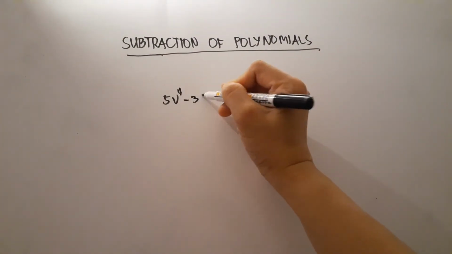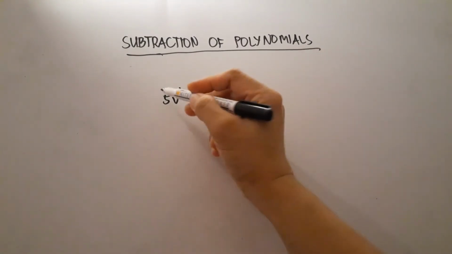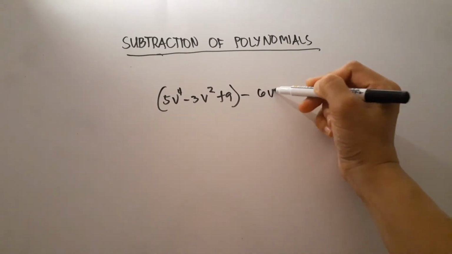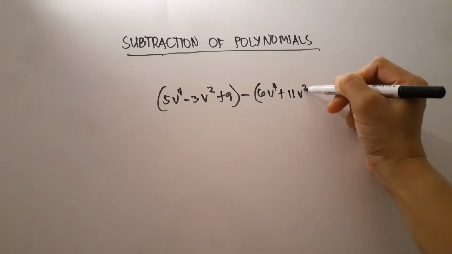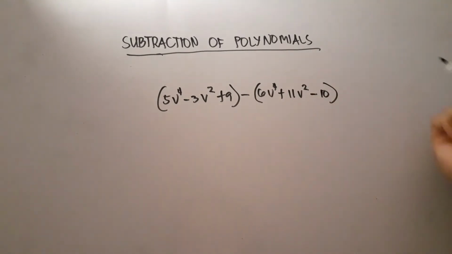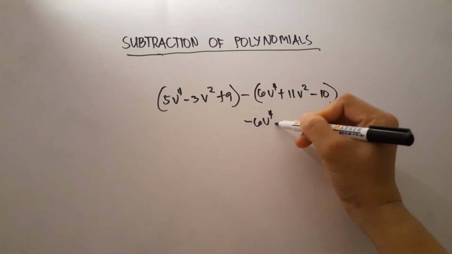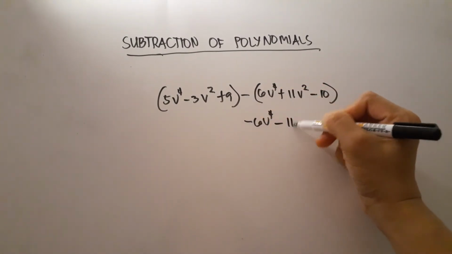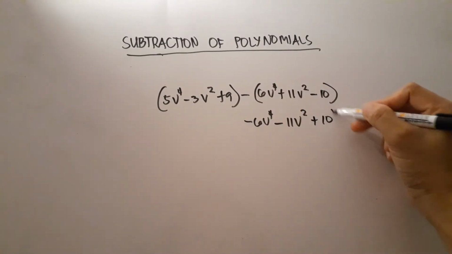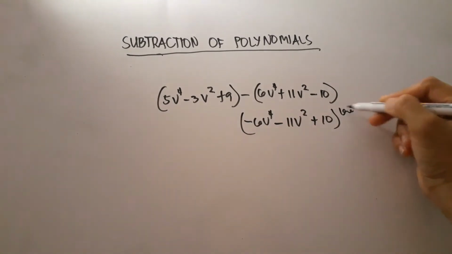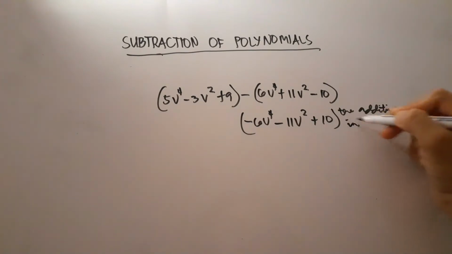5b to the fourth minus 3b squared plus 9 minus 6b to the fourth plus 11b squared minus 10. Our additive inverse is negative 6b to the fourth, negative 11b squared plus 10. This is the additive inverse. We can change all the signs in the second row of polynomials